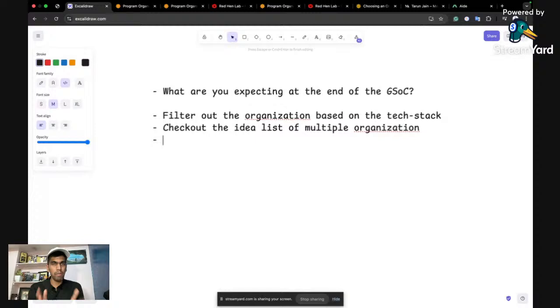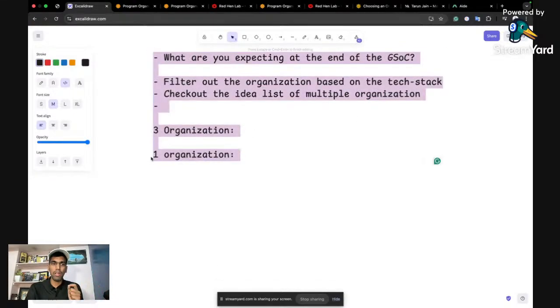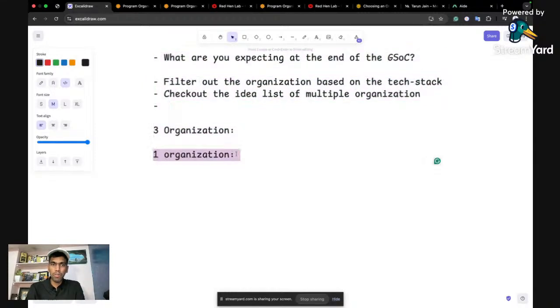Now comes the very, very important part on how you need to pick the organization. So there are three ways. Whenever you want to contribute to Google Summer of Code, you can pick three organizations at once. So what you need to do is your first organization is your priority. Let's suppose you want to contribute to TensorFlow. This is the repository you're looking forward to. Whichever organization has a very high name. For example, it can be TensorFlow, it can be Django, it can be GitLab. Everything which is at the top of the organization that you think has a very good name, that can be added as the priority for first organization. So this is very difficult to crack.